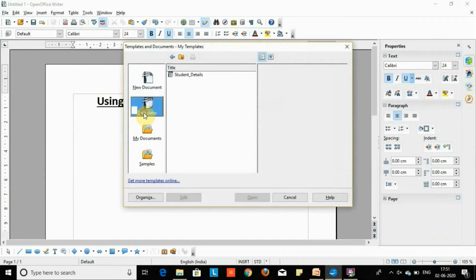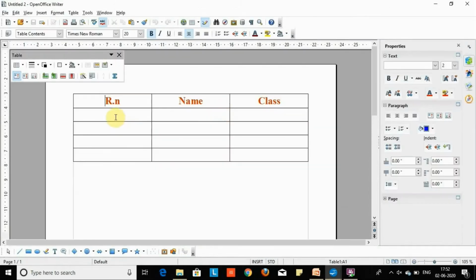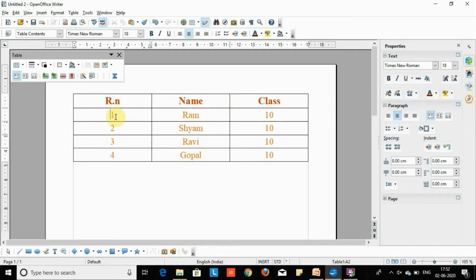Then click on Templates and here you select a folder, meaning the category of a template. Then select a template which you want to use and it opens. And this is the template which I selected. You can edit this template and then save this document.